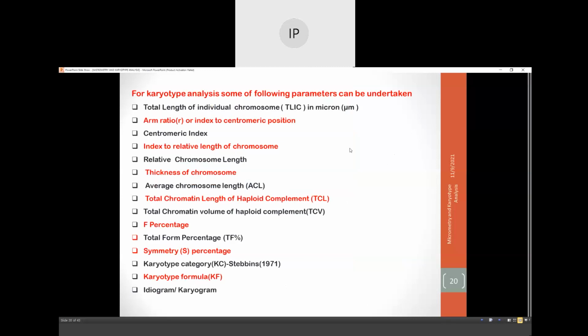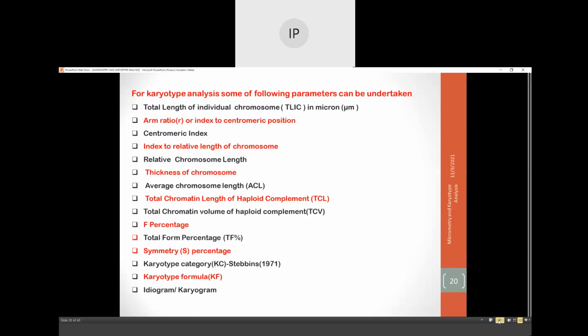For karyotype analysis, some of the following parameters can be taken: total length of individual chromosome, TLIC, in micrometer; arm ratio R or index to centromeric position; centromeric index; index to relative length of chromosome; relative chromosome length; thickness of chromosome; average chromosome length or mean chromosome length; total chromatin length of haploid complement; total chromatin volume of haploid complement; F percentage; total form percentage or TF percentage; symmetry or S percentage; karyotype category, KC, as proposed by Stebbins 1971; karyotype formula or presentation; and ideogram or karyogram, which is the graphical presentation of the